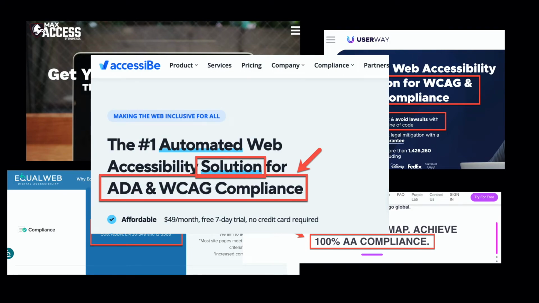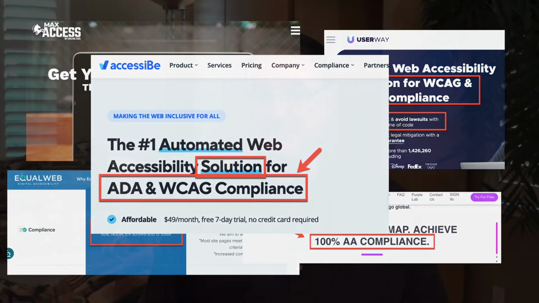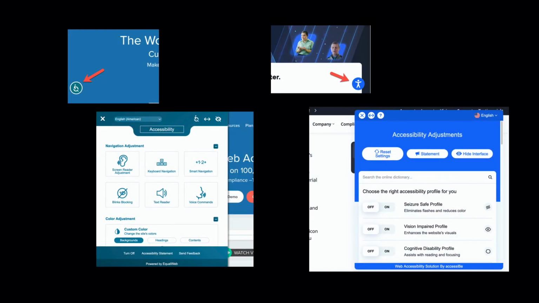So how do you recognize these overlays and the folks who are selling them? You'll typically see some sort of floating icon at the edge of a page that pops an adjustment panel or the like. Now, these may be impressive to someone unfamiliar with the ways that people with disabilities use assistive technologies to interact with the web, but to real users, these tools just get in the way, and they actually make things worse. Here's a little video that Adrian Roselli posted to Twitter.